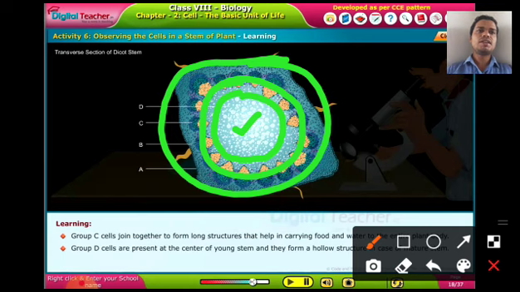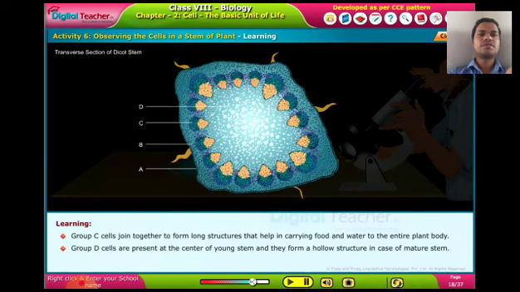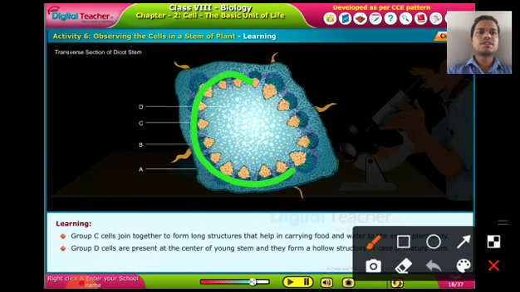That is because they have to do special work. Now let us discuss these things. Why is the outer layer very thick? Because it is giving protection, just like our skin. Why does the inner layer have a special ring? Now if you see, a special ring-like structure is there.